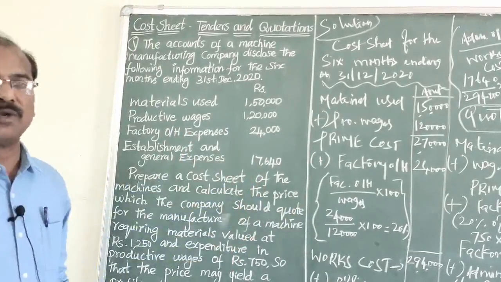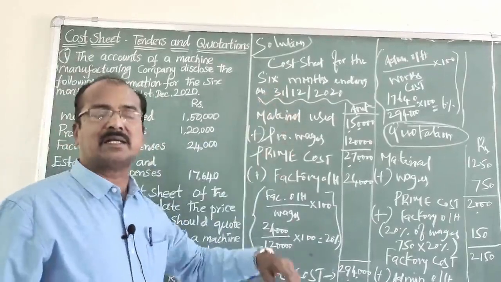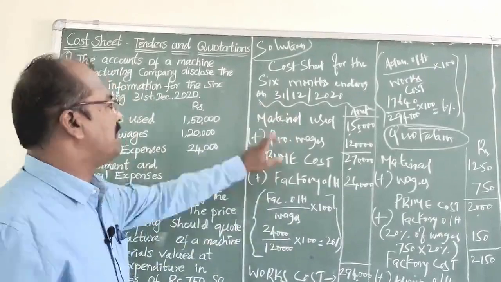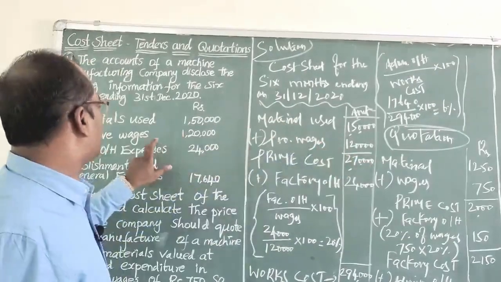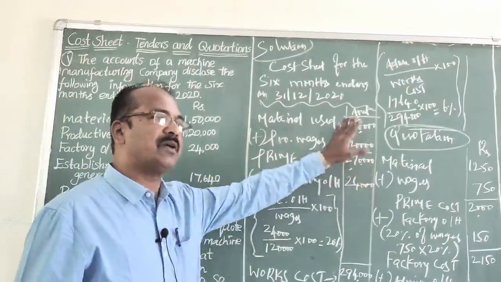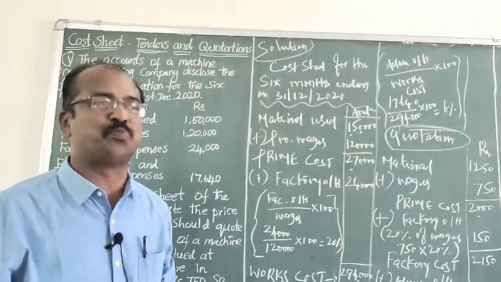Right? Let's have a look at the solution I have done. Okay, cost sheet for the 6 months ending on 31/12/2020. Materials used, straight away given in the problem, I have written down. Then productive wages 1,20,000 rupees. I have added these two and arrived at the total of 2,70,000 rupees, which is